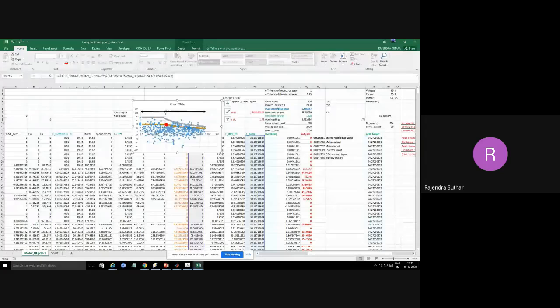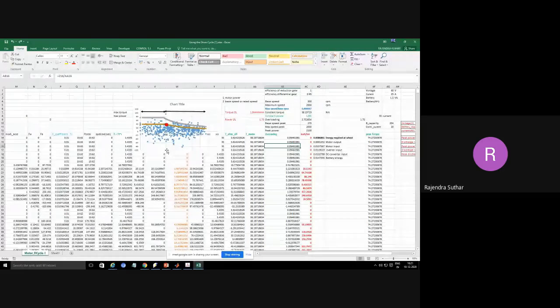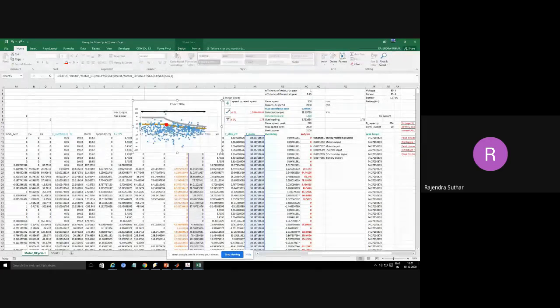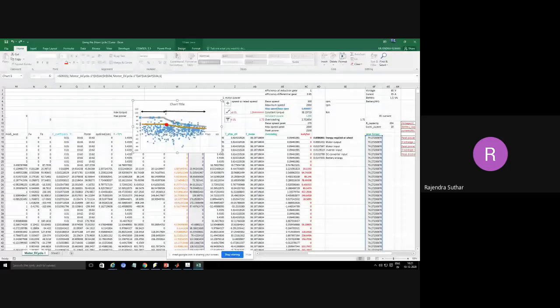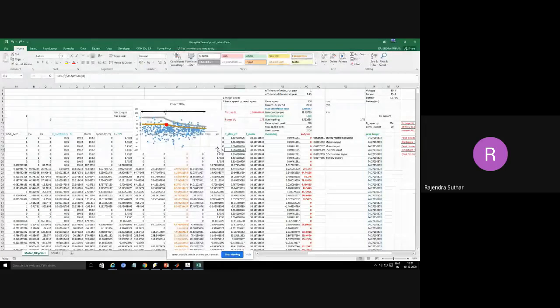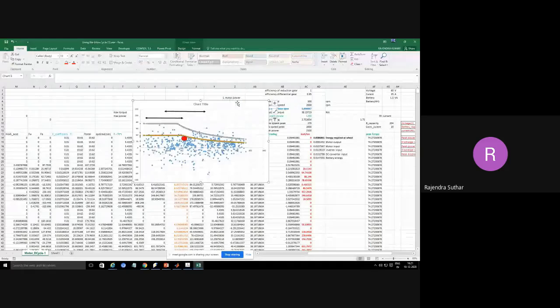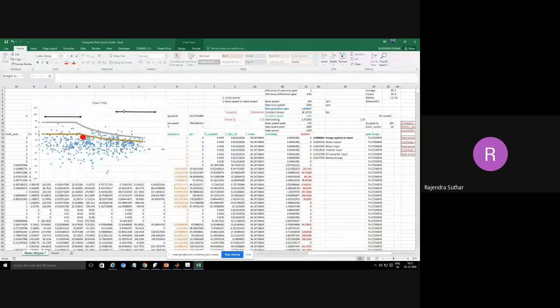So this yellow color graph, it shows okay, let me uh, okay, okay, just 1 minute. Okay, so